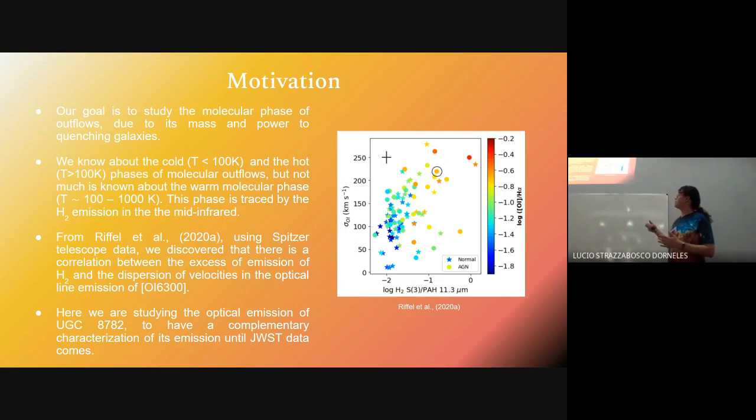So we have a proposal with the JWST related to this galaxy. So we are actually preparing our studies for this incoming data